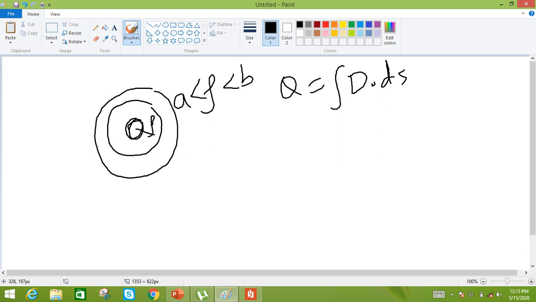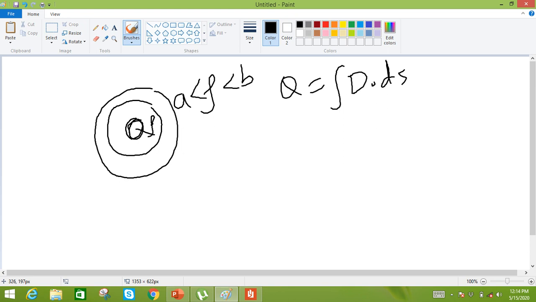From the symmetry we know that the electric flux density has a rho component only, and that electric flux density is a function of rho. It means that if we move along the rho direction, the electric flux density will change. If we move along the z direction or phi direction, the electric flux density will not change. So the electric flux density has a rho component, and that component is a function of rho only.